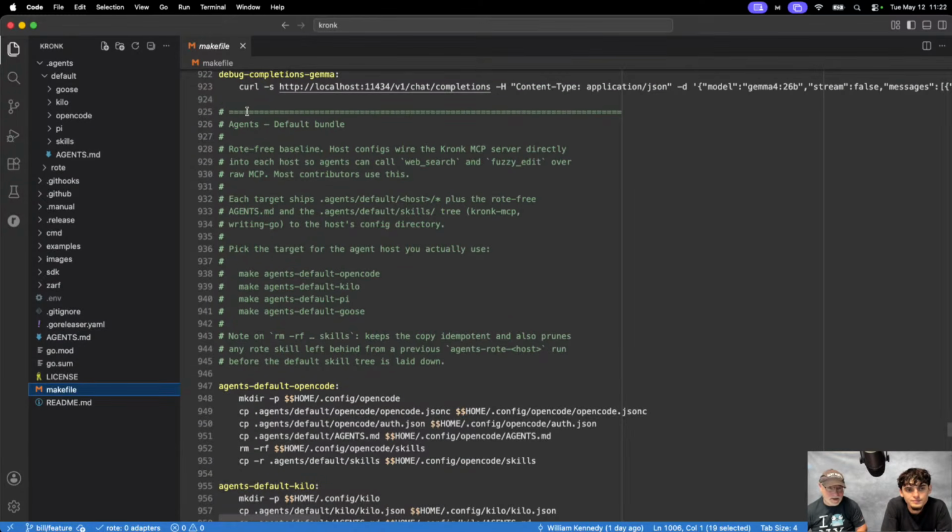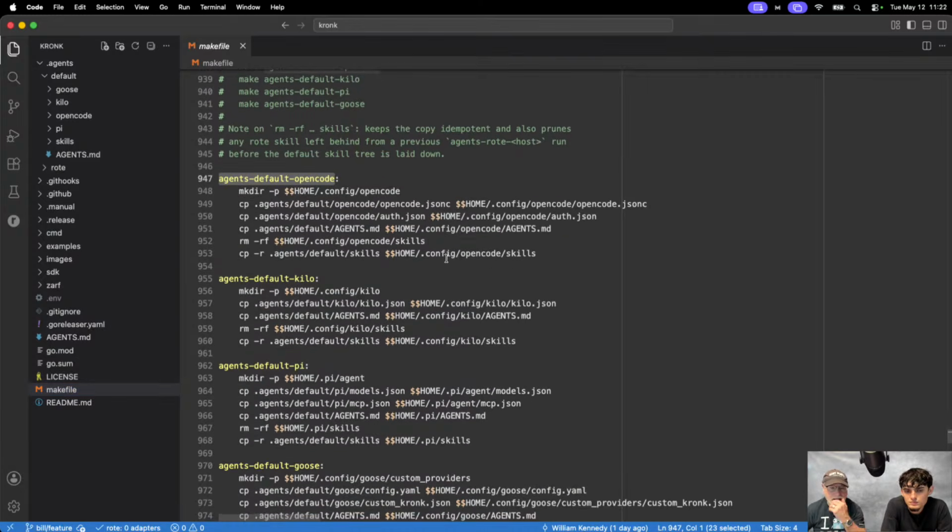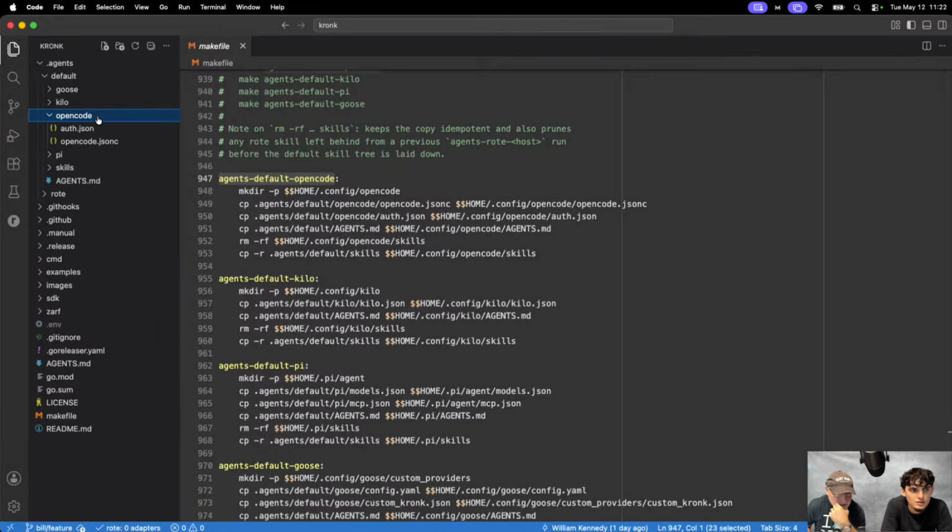We're going to start with this default bundle. So if you're using open code, you can basically run that. It will add the config folder and move all these files into it. Did all this support for you, so you don't have to think about it. Nice. Okay, and open code again is my favorite.